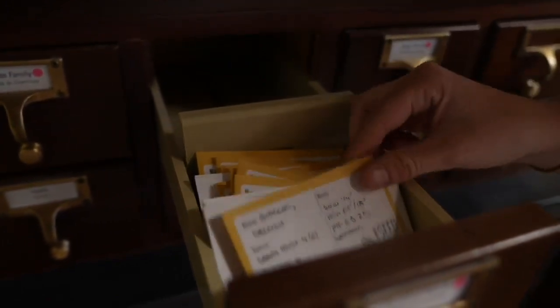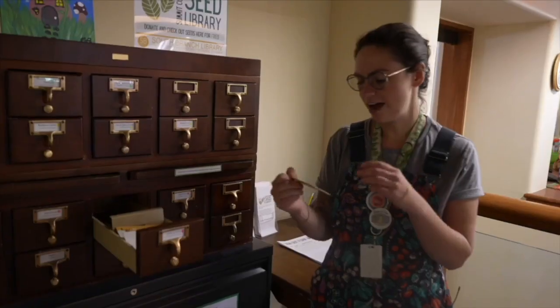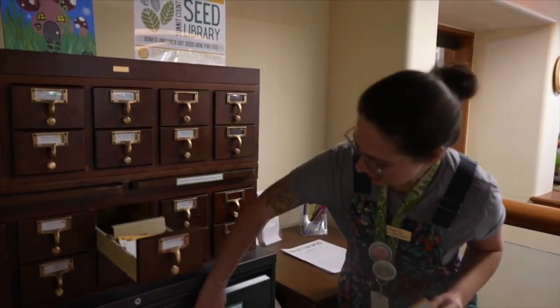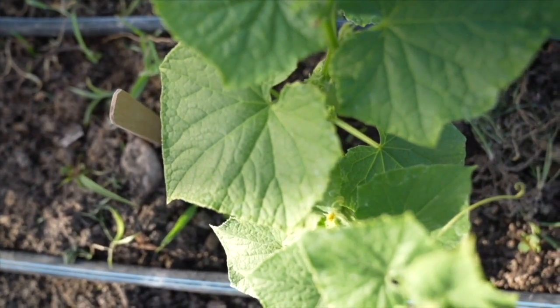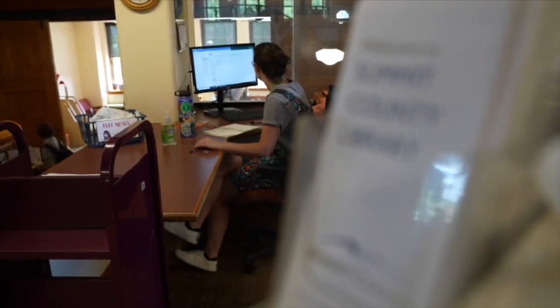You think about the number of cucumbers, tomatoes, and herbs that you can get from just one seed, and it sets families up for success while engaging more with the world around them. People are like, that's an awesome resource for the community. So I think those general social media posts or signs coming out have been really helpful. Now it's just up to people like Meg to get the message out there that this is available